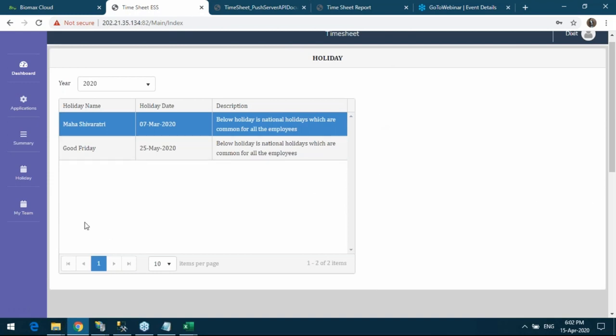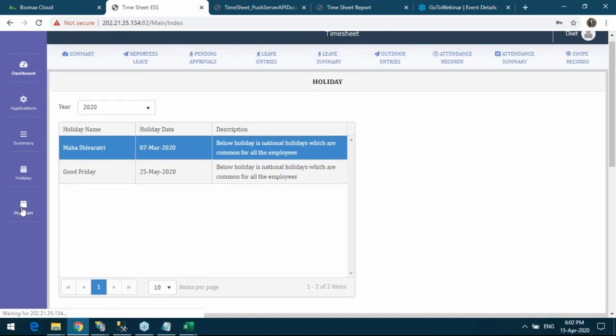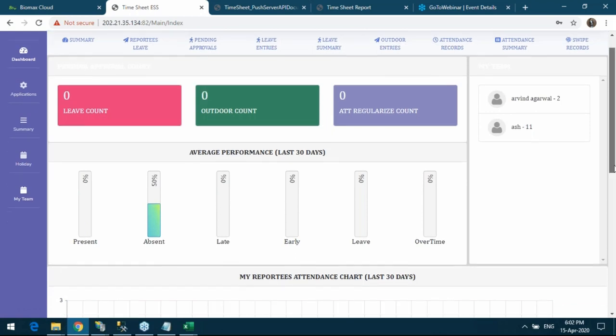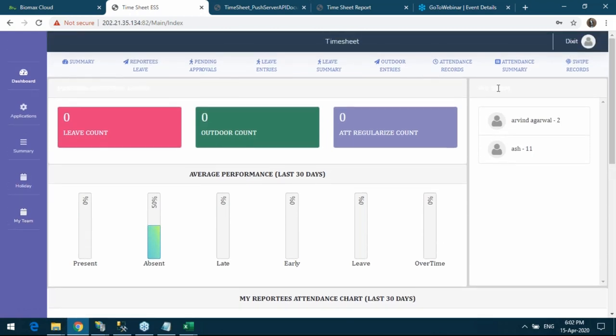If I am a manager, I can see another tab of my team, where I can see the list of my team. It will show me the list here. It will show me the pending approval count, basically how many leaves are pending which are not yet approved, the outdoor entries, the regularization entries which are yet to be approved,